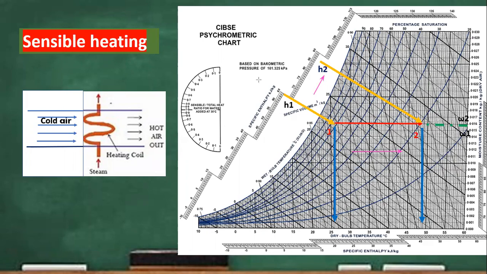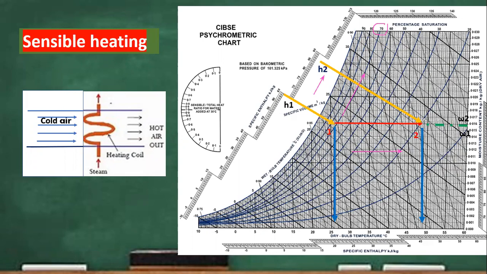The next point is the relative humidity. Dear student, just observe point number 1. Point number 1 is located on this line. So what is the relative humidity here? It is 70%. 70% is the relative humidity at point number 1. So as the heating process is going on towards the right side, the value of relative humidity, RH, is decreasing, as you can see here.